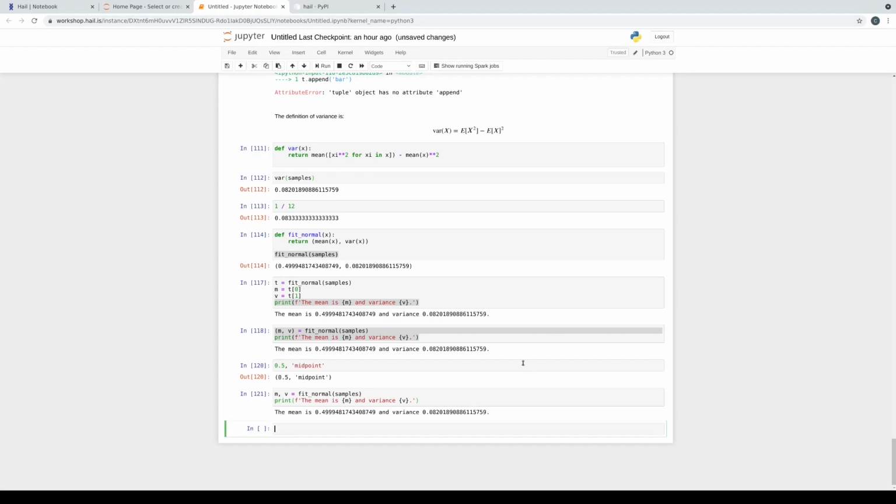Okay, so now we're going to go on to dictionaries. Dictionaries are another compound data structure that map keys to values. In Python, a dictionary is written with curly braces and colons between the key and the value. Let's look at a little example.